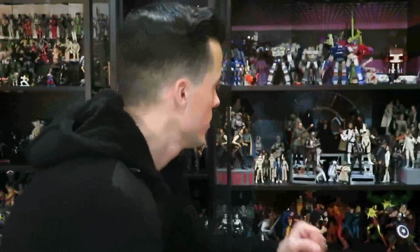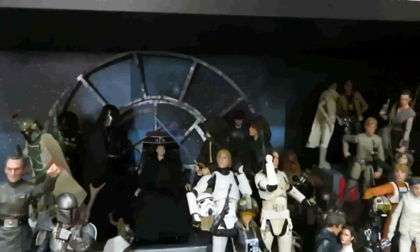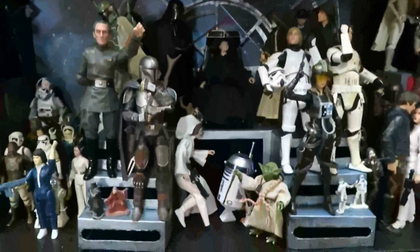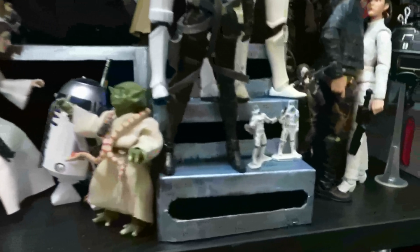The Star Wars shelf is really crammed right now. You can see in the back I have a half-assed star background. It doesn't even take up the whole background. Throne room display, I really like that actually, so that's gonna stay. On the opposite ends of each other, you can see I have tiered jewelry boxes,